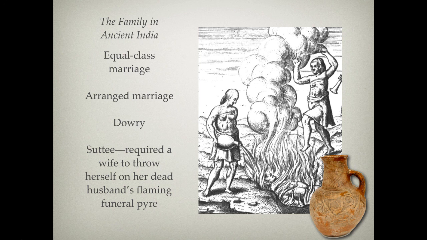Now, what does the family unit look like in ancient India? Everyone within a class could marry, but one could never marry outside of one's class. So you had equal class marriage. Someone within a Varna, and preferably in a Jati, would marry, but one would never marry outside of one's Varna. So you would never see these kind of princess stories where the pauper marries the prince. This would be unthinkable in this civilization. Where you were born, you must remain. And there are religious reasons for this, as we'll see.